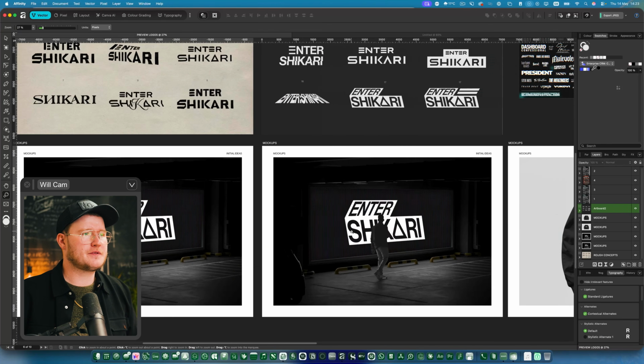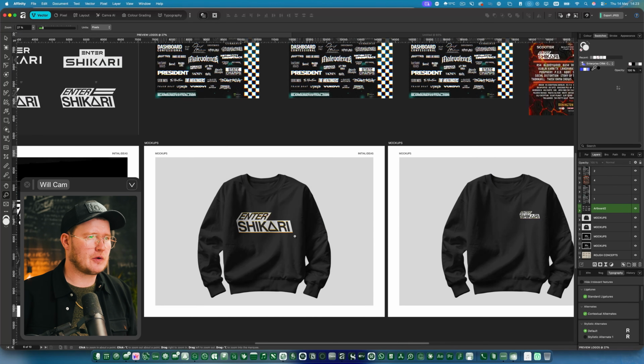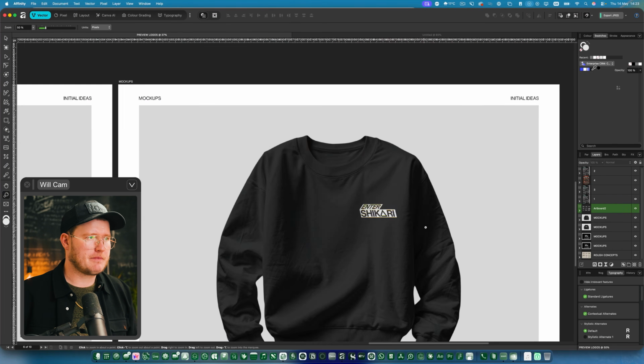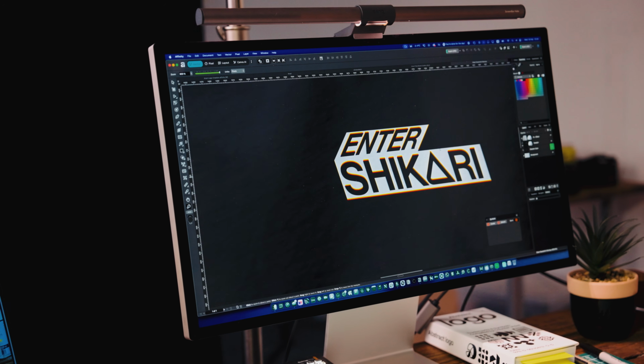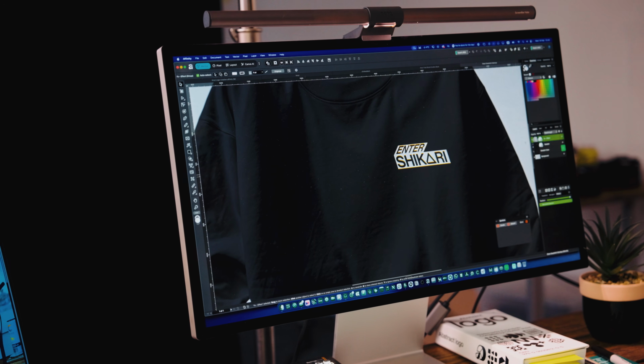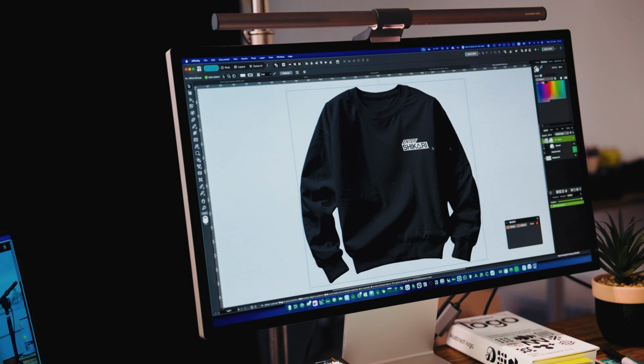I did some mock-ups mainly for myself to just see what it would look like on merch and on the stage in a really basic way. And I really like this one because of the perspective shift. But it might have been a bit too on the nose. So at this point, I've given all of those images to the guys to get some feedback.